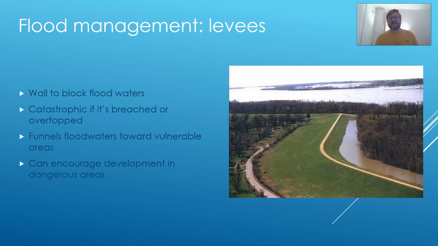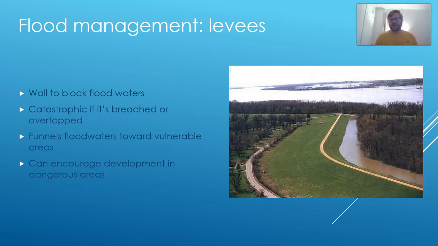So if this works, that's great. It keeps the water in the channel, keeps it from flooding any of the stuff that we're concerned about. But there are a lot of potential drawbacks to building levees. So one is that it's catastrophic if it's breached or overtopped. So if our flood rises even higher than the levee, and the levee is a finite height because we can only afford to build it a certain height. If our flood gets bigger than that and it flows over the levee, then all those people,